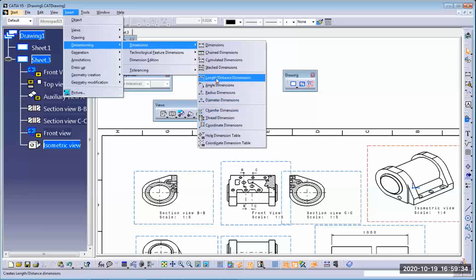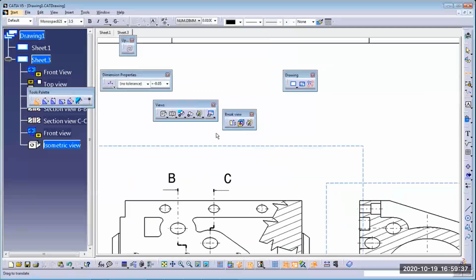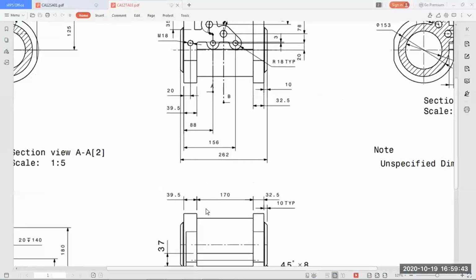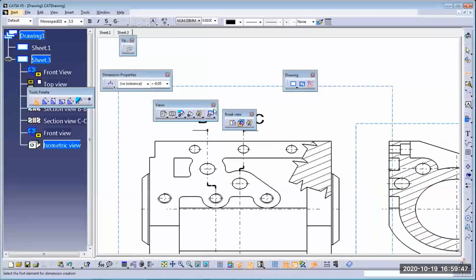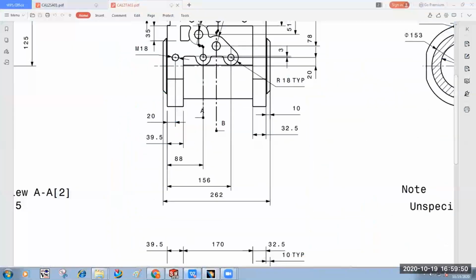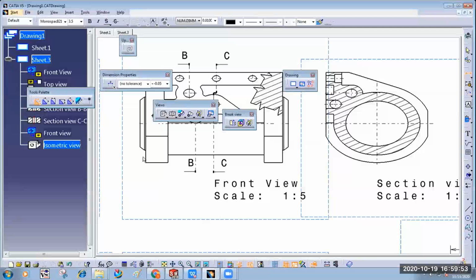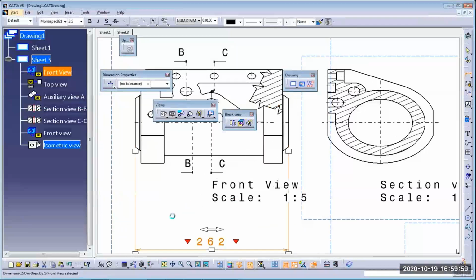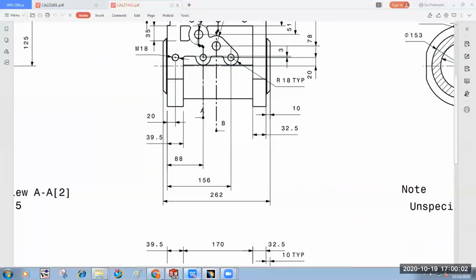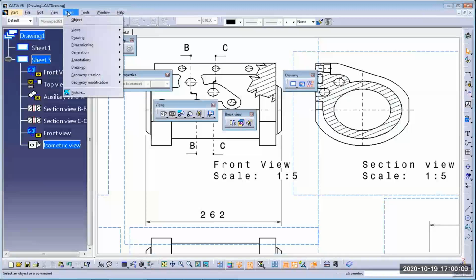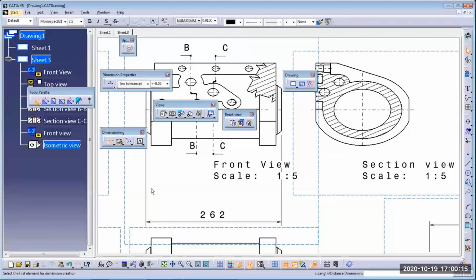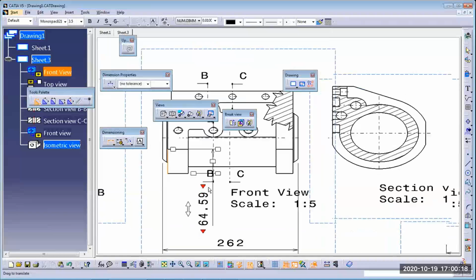So I'm going to use right now entity dimensions, length. Okay, I'm not defining all dimensions, it will be time consuming. A few dimensions I will show you. 262 is given, so from where it is given, end to end, this to this one, 262. Next one is 156. Go to insert, or you can use this toolbar for the dimension. This dimension, this face.